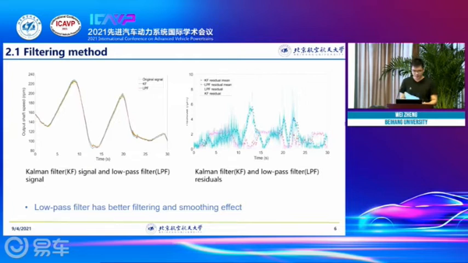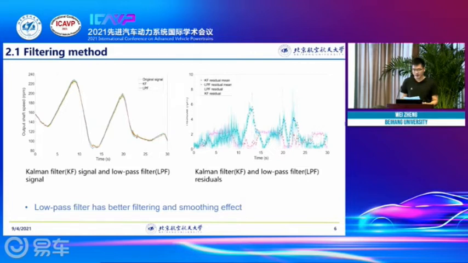The speed signal after the limiting filter still needs to be filtered again to smooth it. By comparing the effect of the low-pass filter and the Kalman filter, the most suitable method is chosen. 2 methods are used to filter the same segment of the speed sensor signal. The differences between the filtered signal and the original signal are the respective residuals of the 2 methods. In order to make it easier to observe the trend of the residual change, mean filtering is performed, as